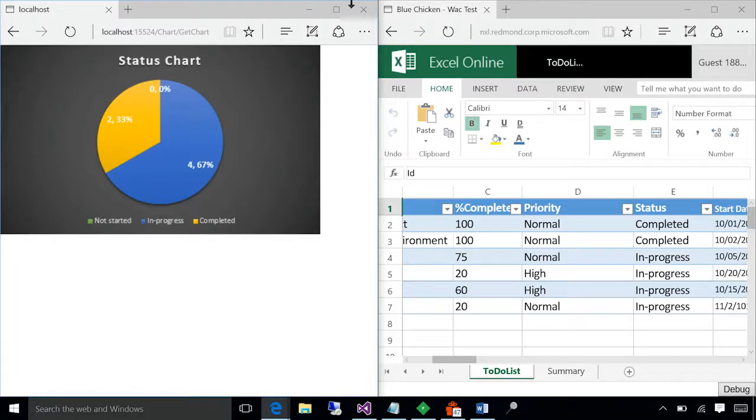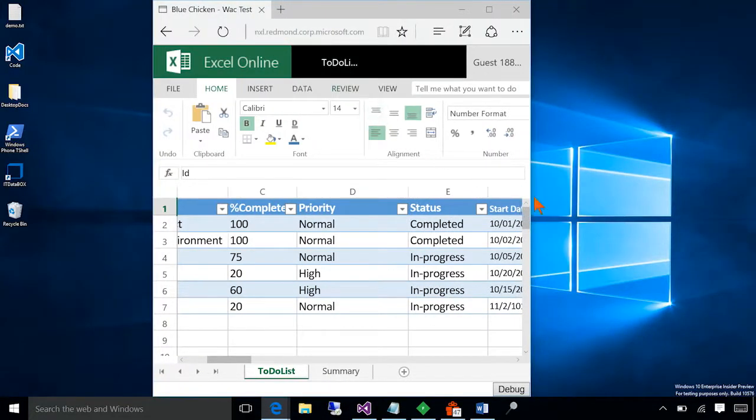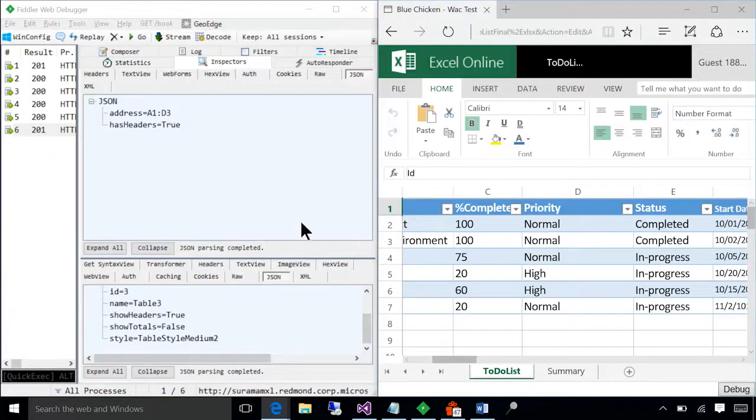Now, let's look at some of these requests manually. I'm going to just do a couple of things. Onto the same spreadsheet that we are looking at, I'm going to add a new worksheet and update range on top of that newly created worksheet, just to give you a flavor of what the syntax looks like. I'm going to use Fiddler in order to do this. Fiddler is a tool using which you can interact at the protocol level. I'm going to go to the composer,